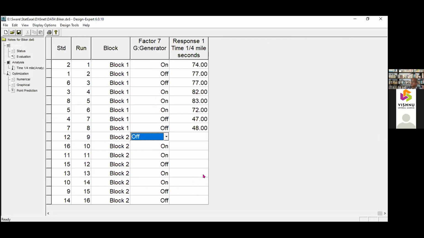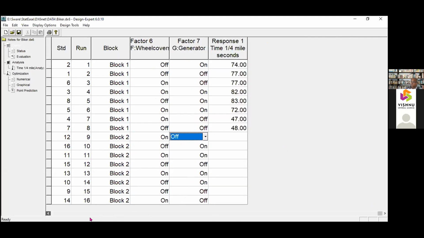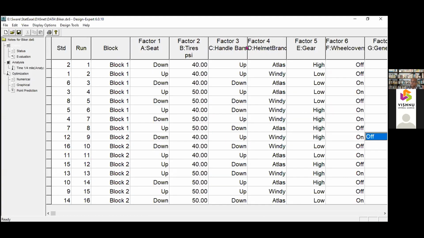This part we have to do the experiment, then only further analysis is possible. This is block 1, this is block 2. So that is how we analyze a fractional factorial design.